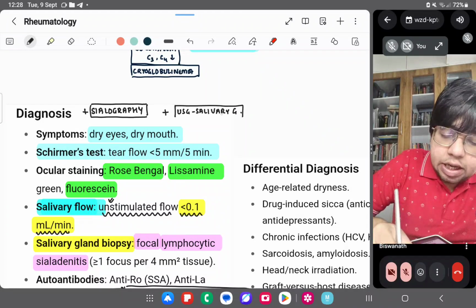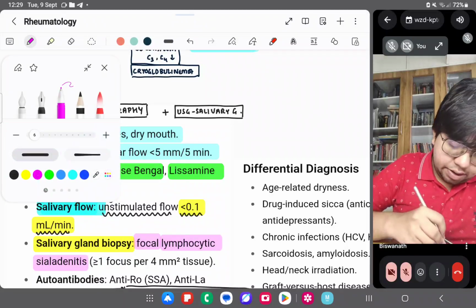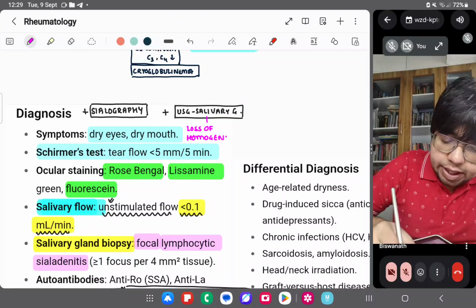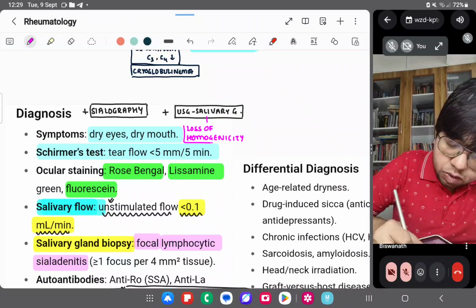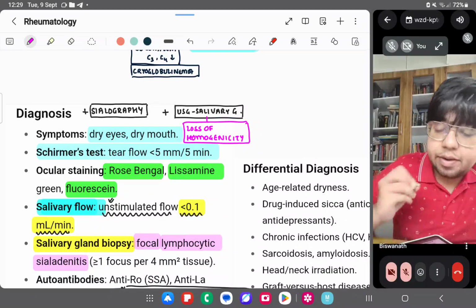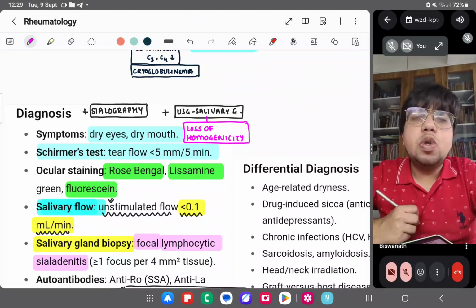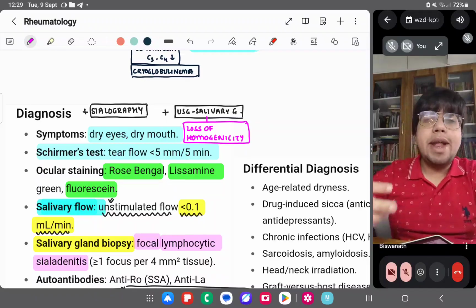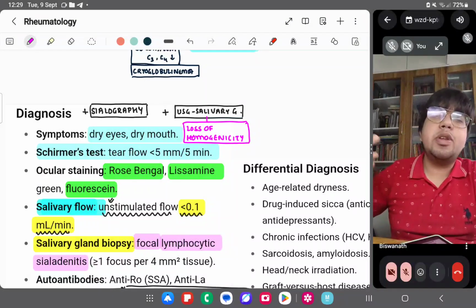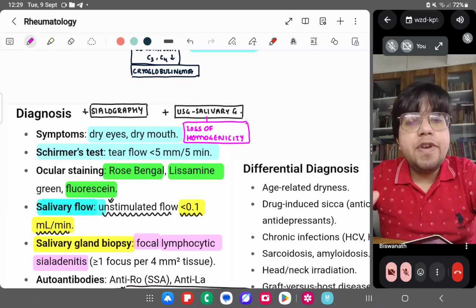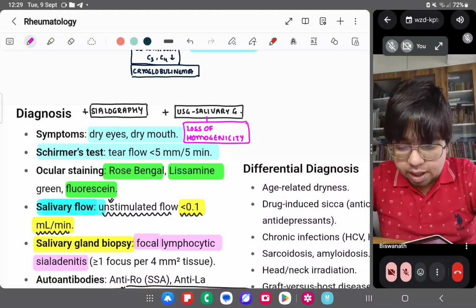In USG of salivary gland, you will find loss of homogeneity of the gland. Okay, so we come to the end of the diagnostic criteria, and now we'll start with another important thing,